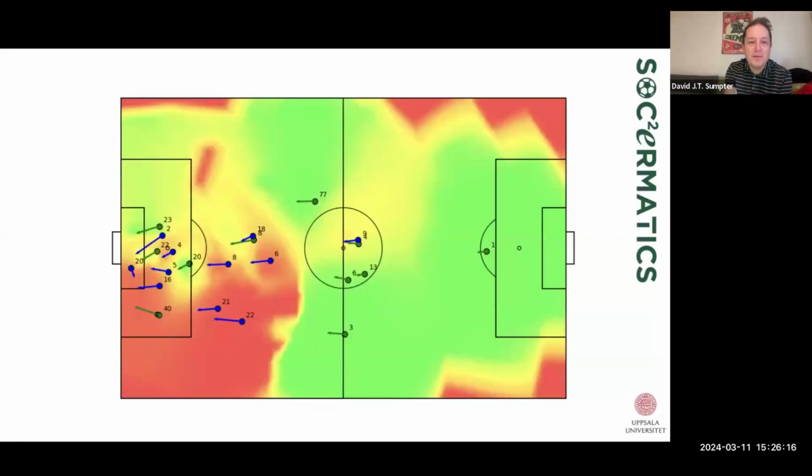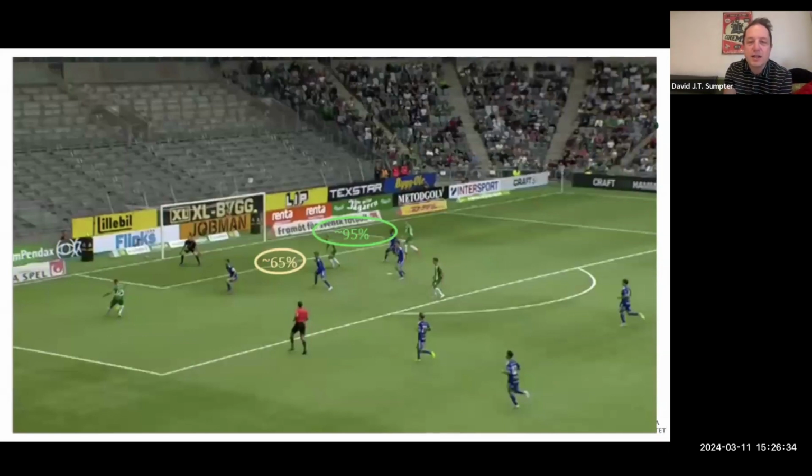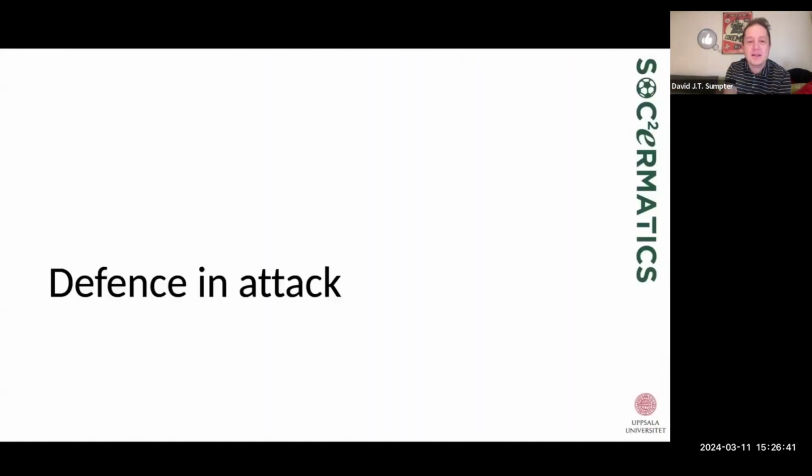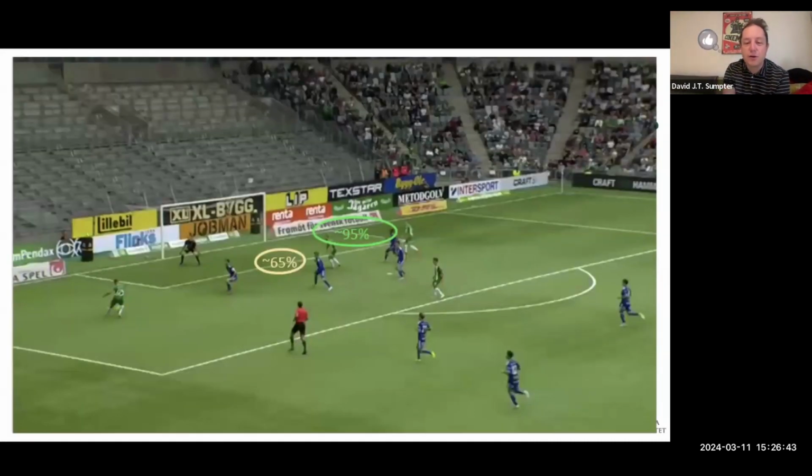And then when he comes into the middle, now player 22 and player 23 have a probability of getting the ball. In this case, player 23 has a better chance of receiving the pass, but player 22 is obviously in a better scoring position. And so now we say 65% chance into the middle for the first player, 95% for the next. And you saw the choice that was made, and the player managed to score the goal.